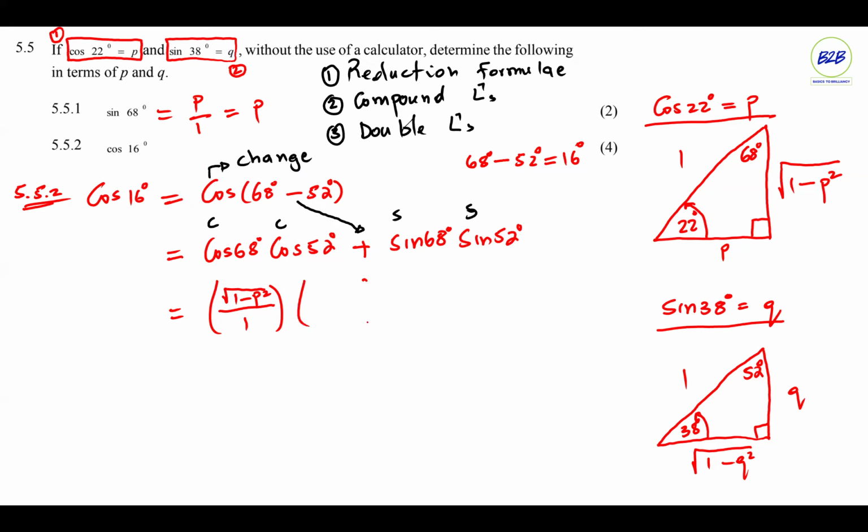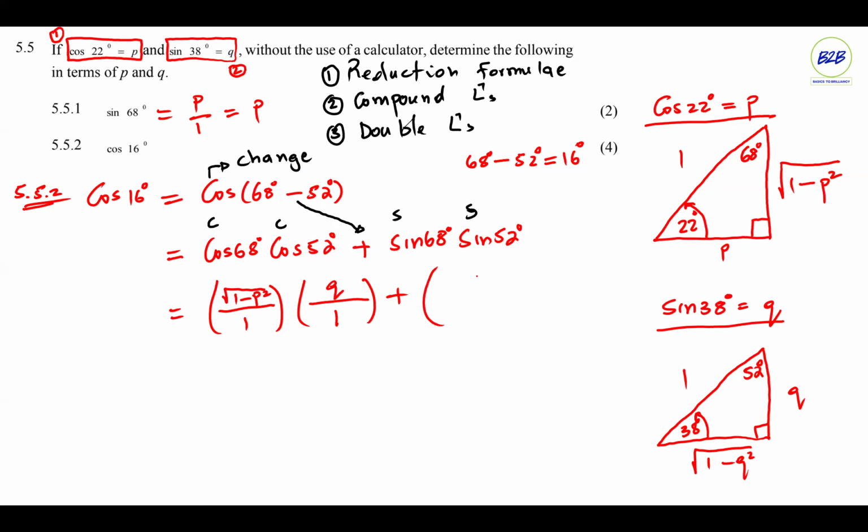Cos 52 degrees. 52 degrees is on which triangle? The second one. Adjacent side, which is Q, over the hypotenuse, which is 1,